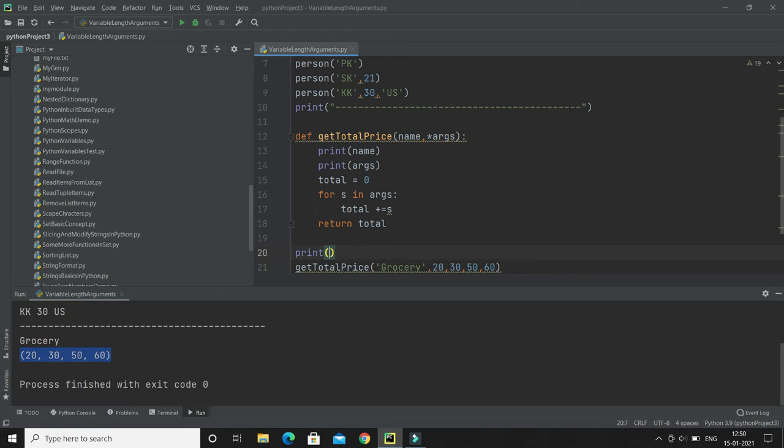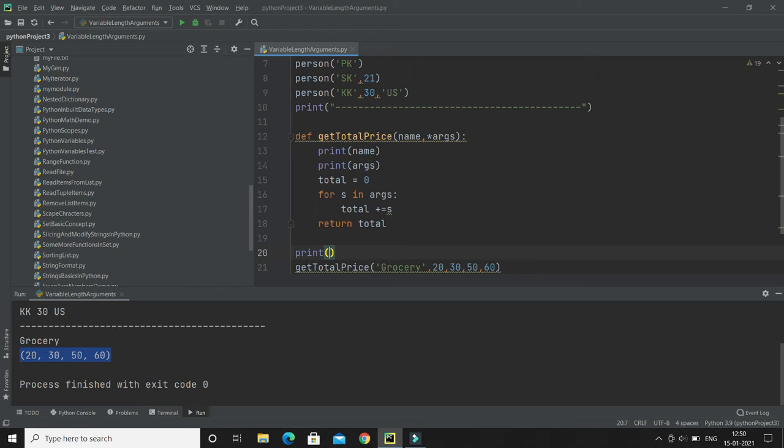Now here the first argument grocery will be assigned to name, and here we are going to send key value pairs, like prices for a few fruits.